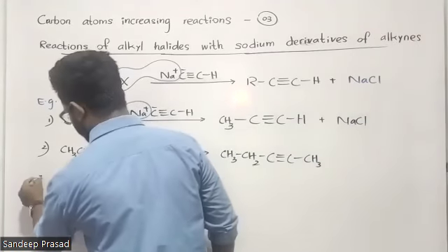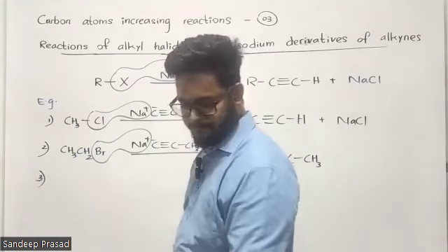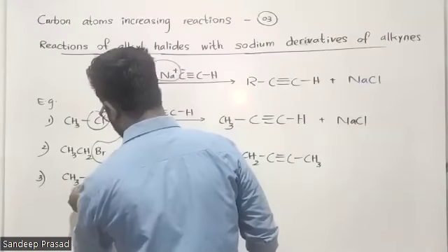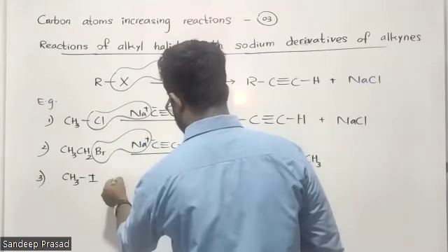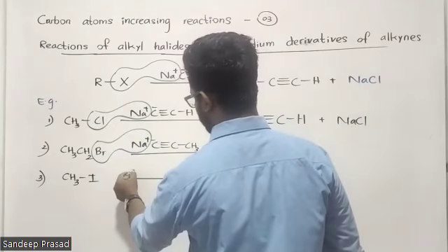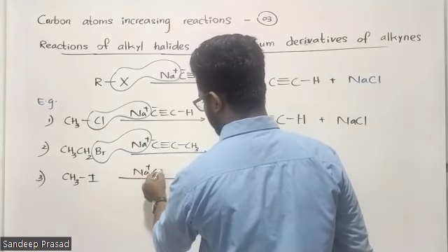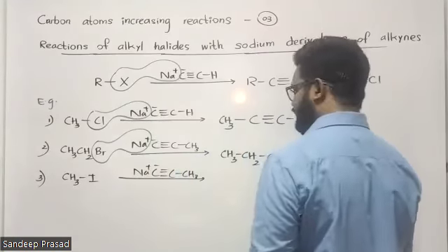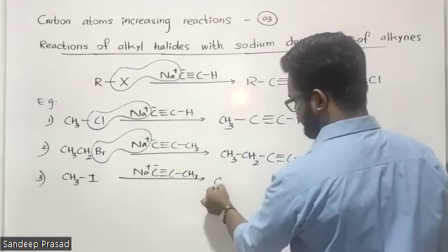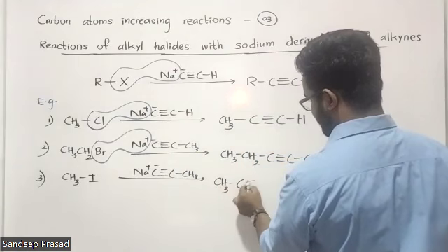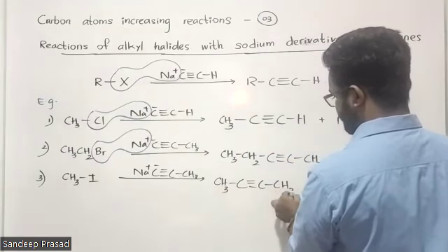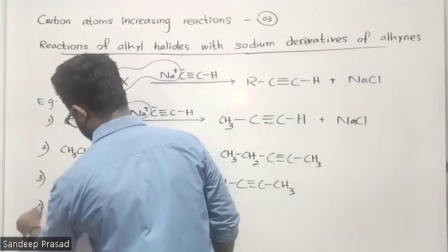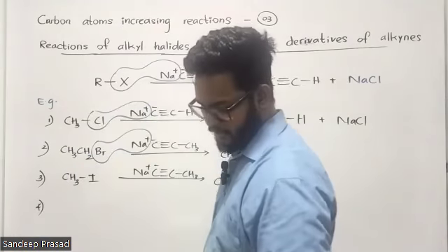Third example, number 3. CH3I, methyl iodide. Yes, why not? You can take iodide also. So is it always a sodium derivative? Yes, it's always a sodium derivative. CH3C triple bond CCH. Number 4, fourth example. Let me consider